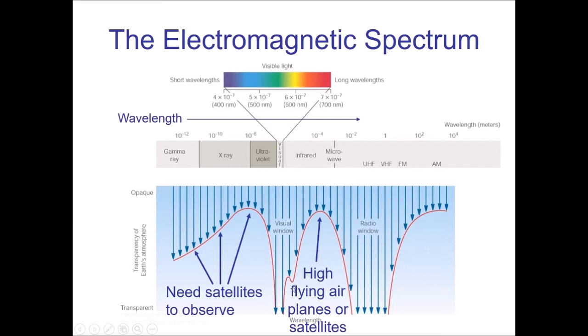Infrared is kind of interesting. There's a little bump here. That represents about 10,000 feet above the ground. And you can actually access quite a bit of the infrared if you are above the first 10,000 feet of atmosphere. A lot of infrared light is absorbed by water vapor. And water vapor is very common close to the ground. But if you get above that, which you can do either